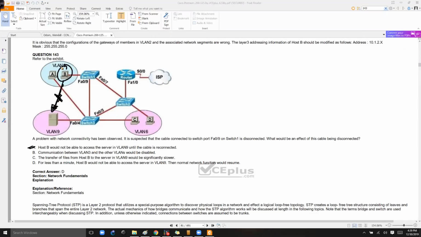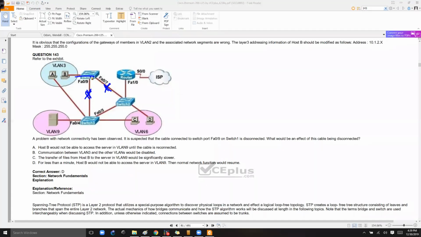Because in order to access this, they are in different VLANs. Normally the traffic will go to the router, and we already have another path here. From here it will reach the router, and from there it will go back this way. So which means first one is not the correct answer, because this is not the only link connecting between the switch 1 and switch 3, right? If this is only one link, then probably you can worry about this. Okay, let's say if these two links fail, then there might be a problem, right?